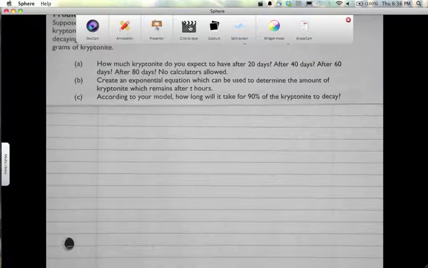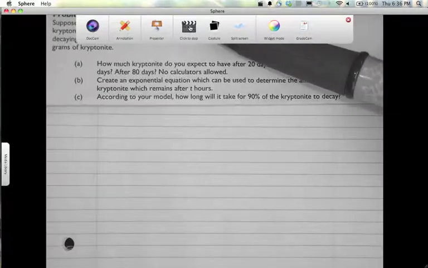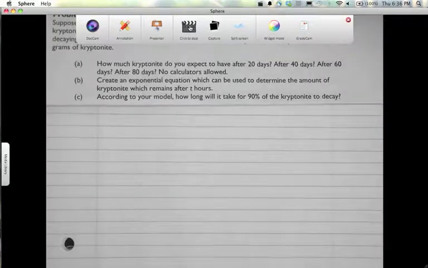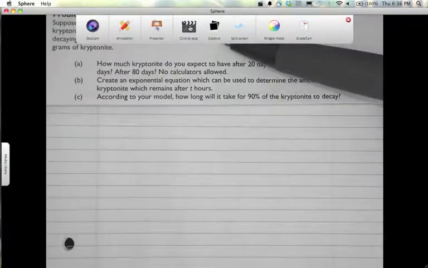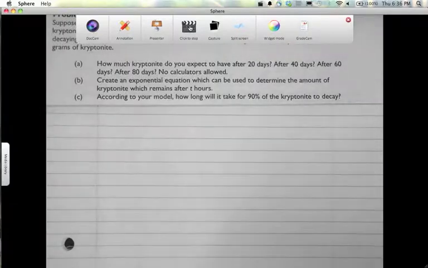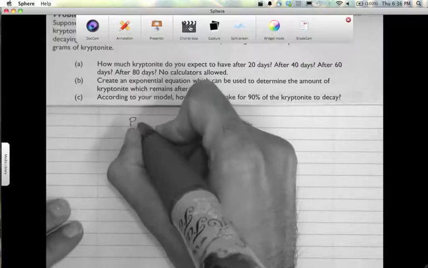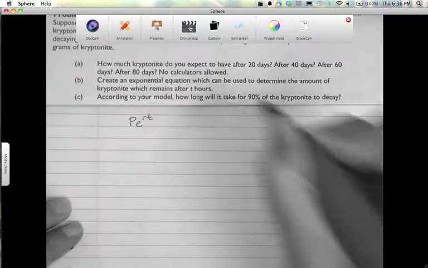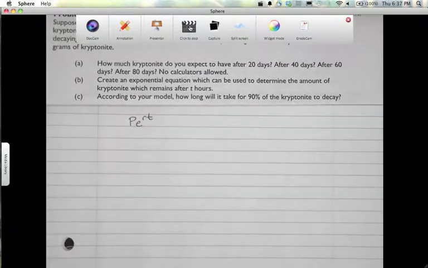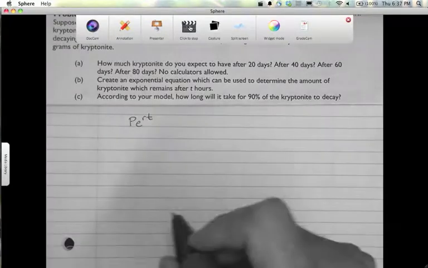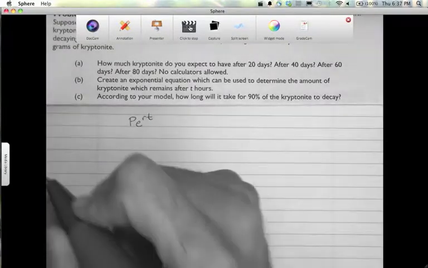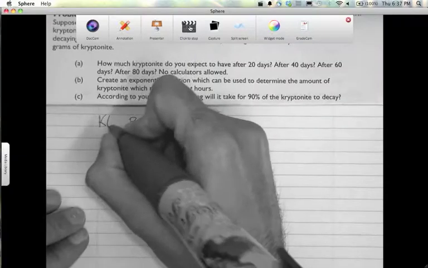Problem 2 deals with radioactive decay. It says that the half-life is 20 days, and that we're starting with 50 grams of kryptonite, and it's an example of continuous compounding. So I know that I can use that fancy equation Pe^(rt) to model this decay of kryptonite. It doesn't look like it tells me what to call it, so I'll call it K of T